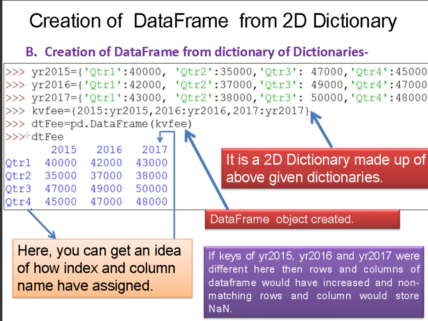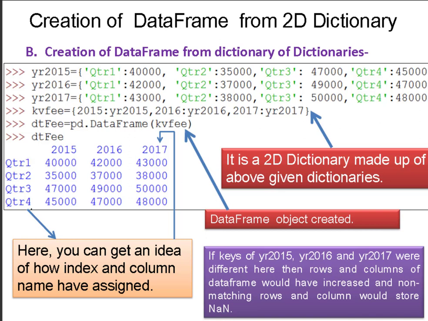So now we will execute it. This is the presenting way. You can use the print method or directly you can write it. When we write this, we get the data. Clear? There you can see the column names are 2015, 2016 and 2017 that we gave. Clear? And these are our records row wise.